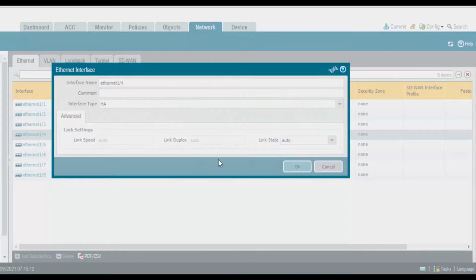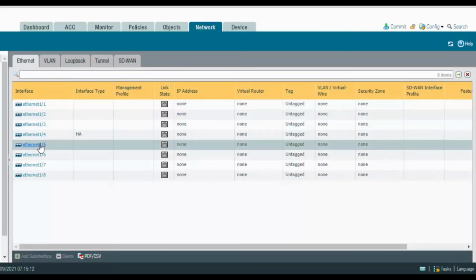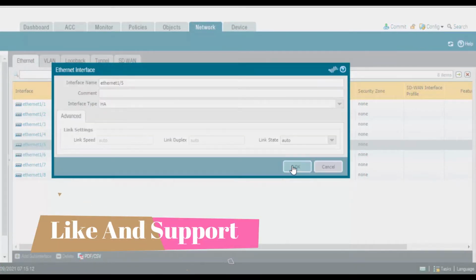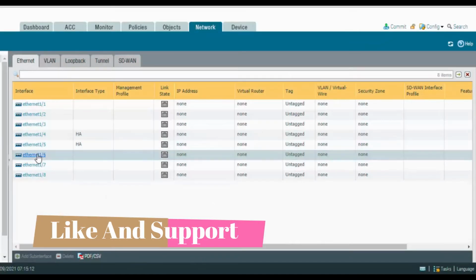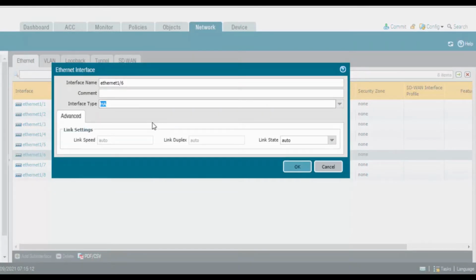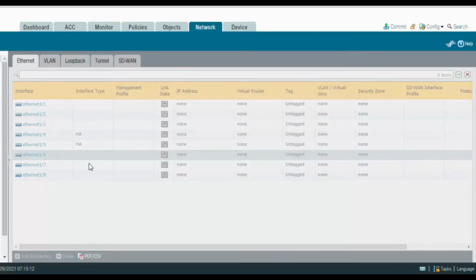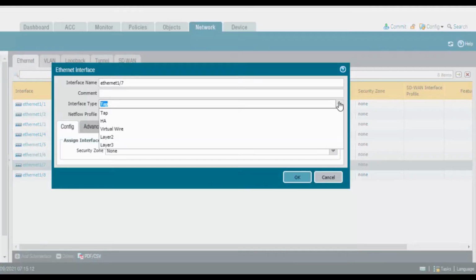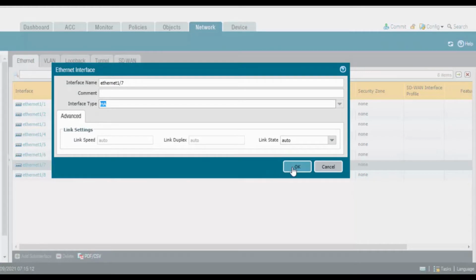Click on OK and go to Ethernet 1/5 and select the interface type as HA. Click on OK. Ethernet 1/6, interface type should be HA, and Ethernet 1/7, type should be HA.